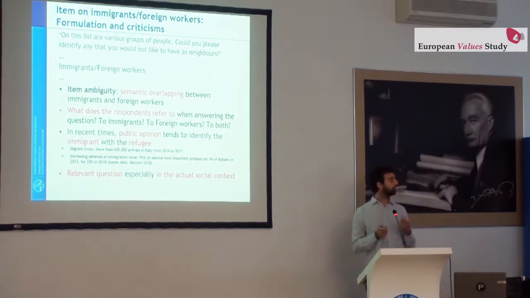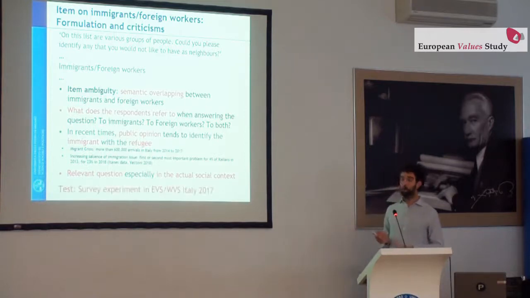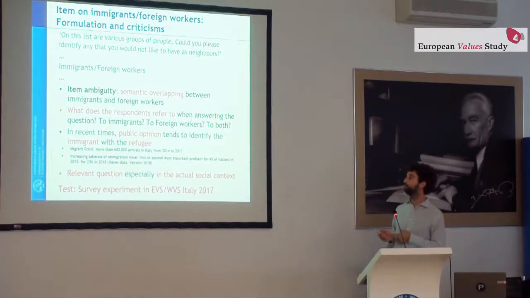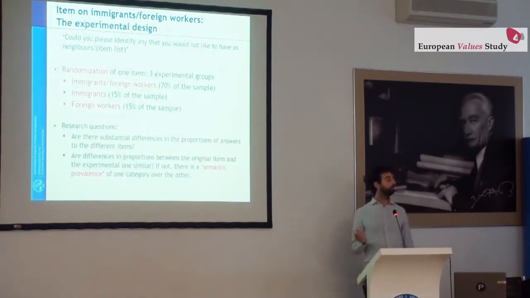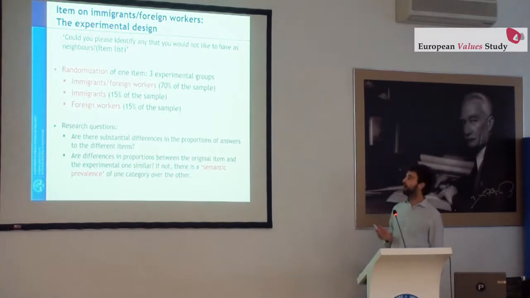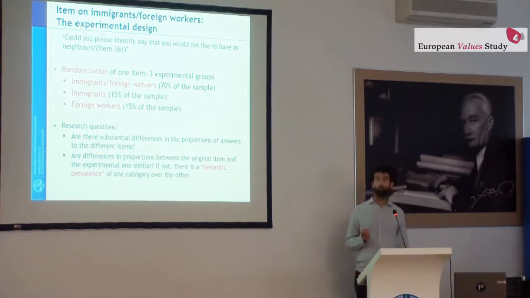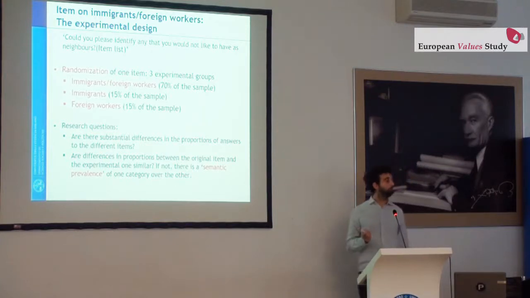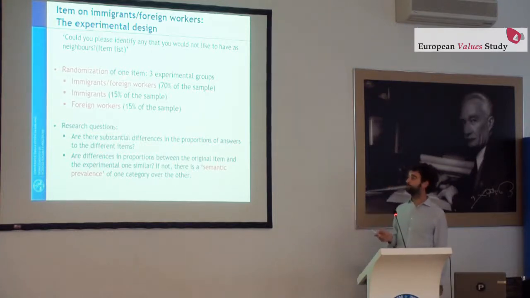So, in this context, it is a relevant question, and we try to test it by a third experiment in EVS 2017. And this is the experimental design in which we randomize the item of immigrant foreign workers, and basically we have 70% of the sample who were asked about immigrant foreign workers, 15% who were asked about immigrants, 15% on foreign workers. So basically this group is made of about